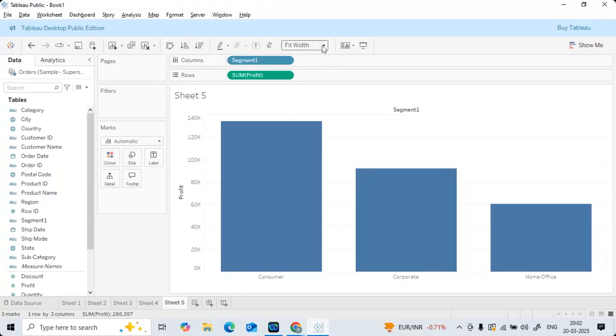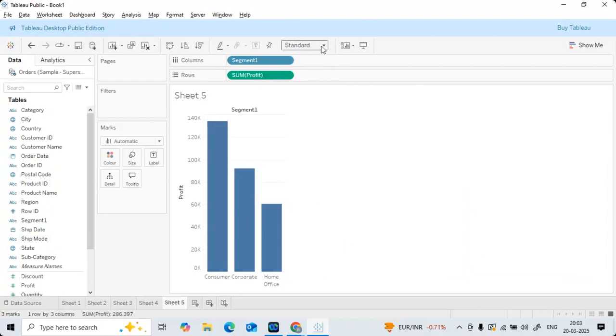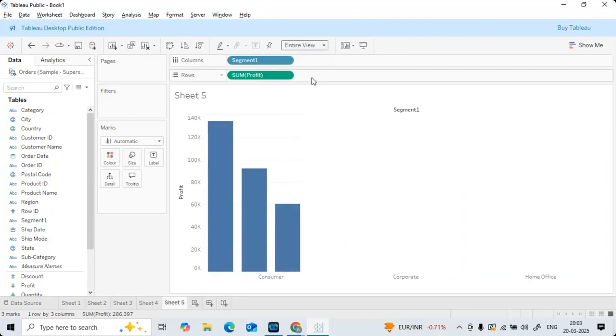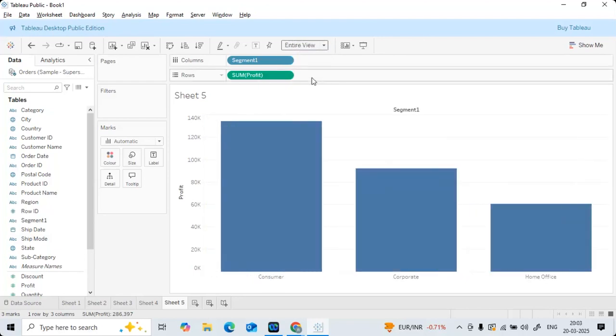But instead of selecting fit height or fit width, you can directly go with the entire view. Anything, plus or minus width or height, everything is adjusted and it will provide you the entire view. Is this clear? And now, instead of showing that visual in a small portion, it has occupied the entire page. Now you are getting a neat, lookable visualization effect. Okay, fine, good.